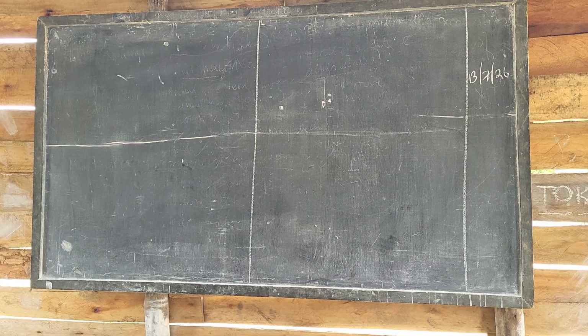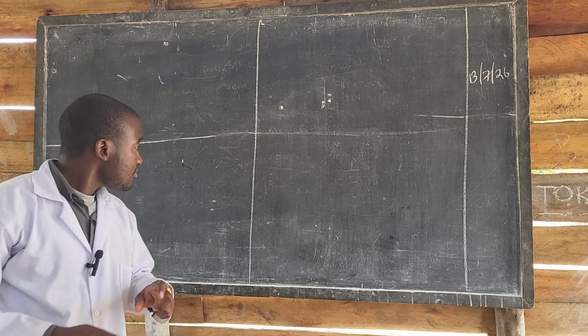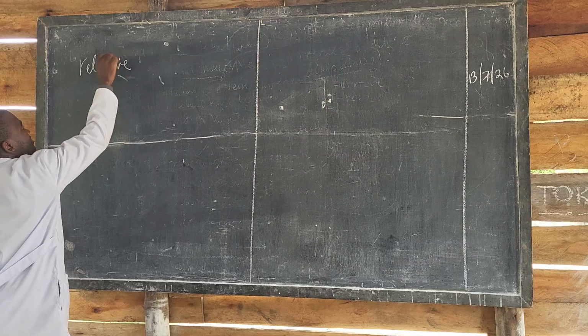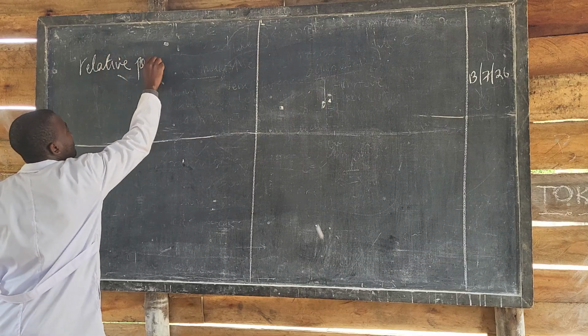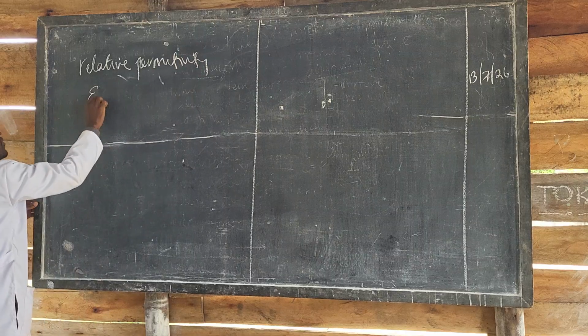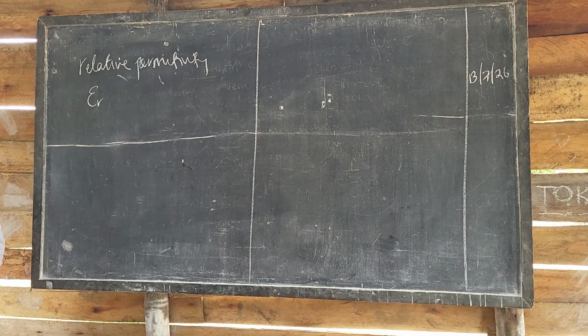So we are continuing with our capacitors, right? Where we stopped at the relative permittivity, isn't it? And we say that relative permittivity, which is denoted as epsilon r, is defined as the ratio of,